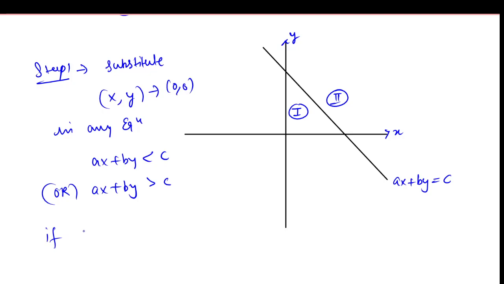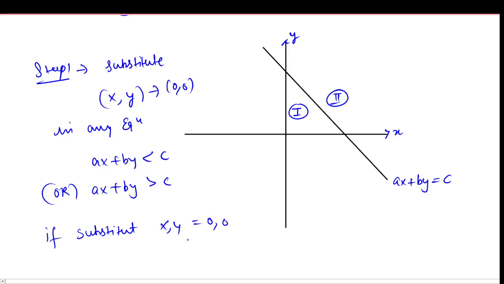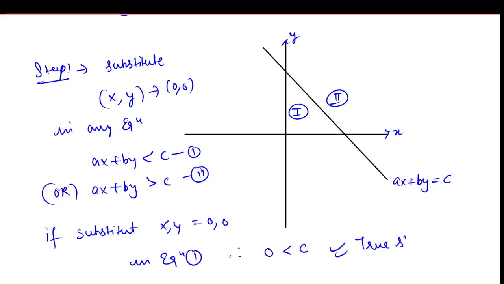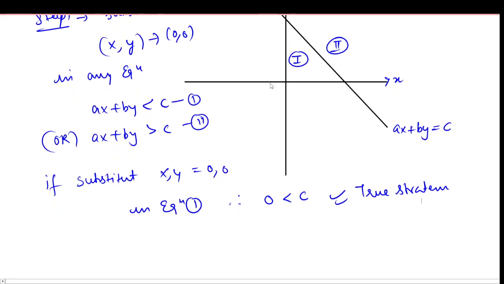So if we substitute x comma y equal to 0 comma 0 in equation 1, therefore we get 0 is less than c, which is a true statement. Therefore we can say region 1 is the lower half,